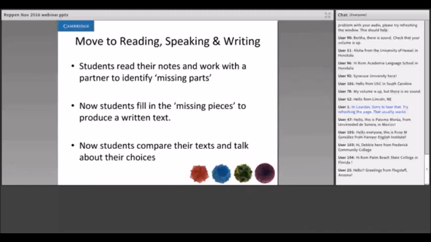And then they've written a little text together, and then they can compare their text with other partners, kind of the classic pair share thing. And as they're doing this, they might notice that other students have structured the text differently. So I think it's a really rich and useful activity to do this, to help students understand how to move